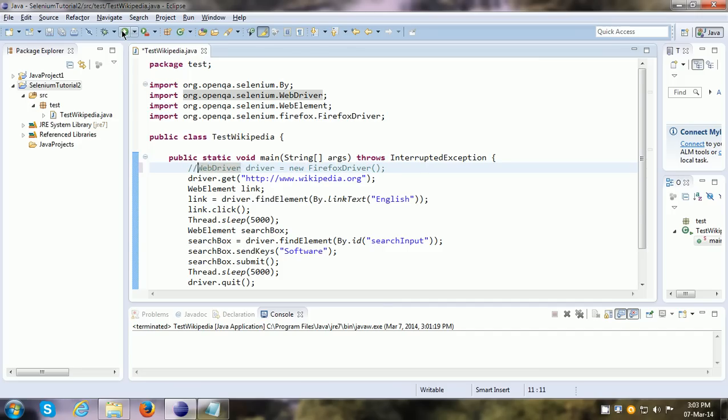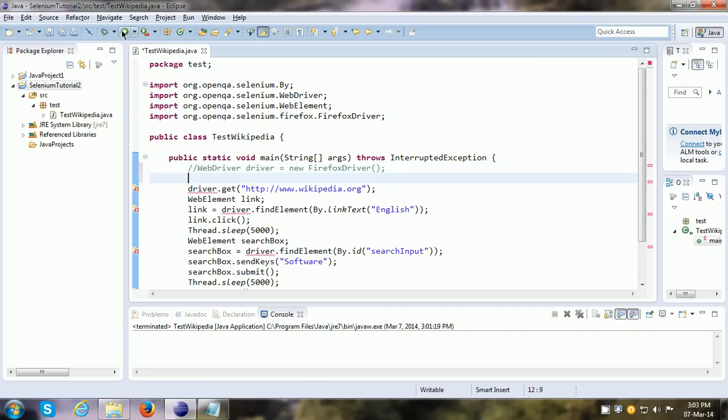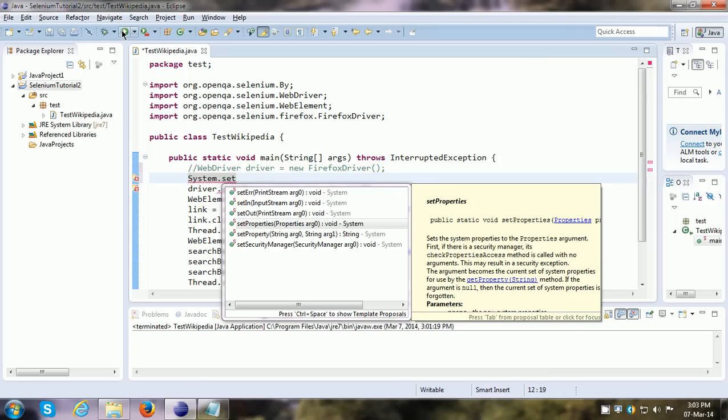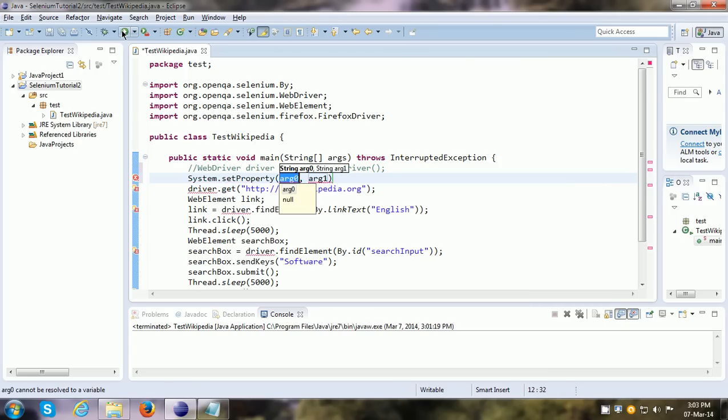So all we need to do is comment out the line over here. In Internet Explorer, we have to do one more thing, and that is we have to set a property. So I'm writing System.setProperty, and we have to give a couple of values here.